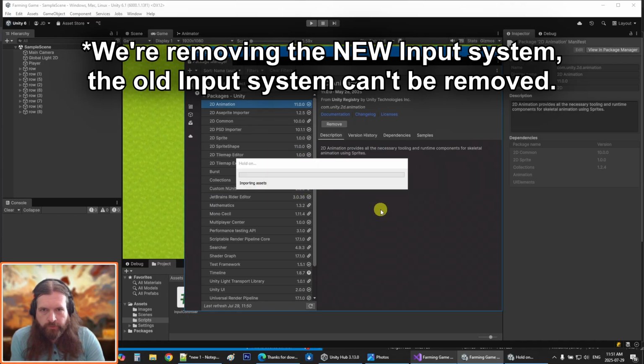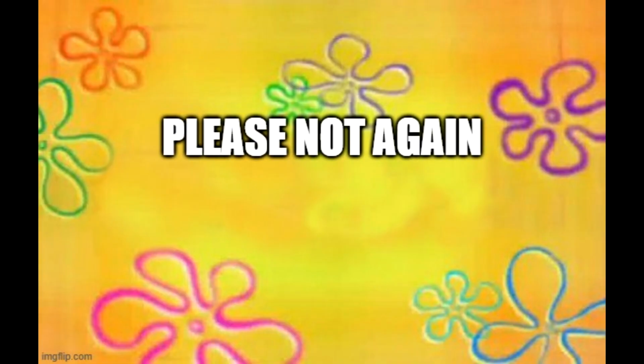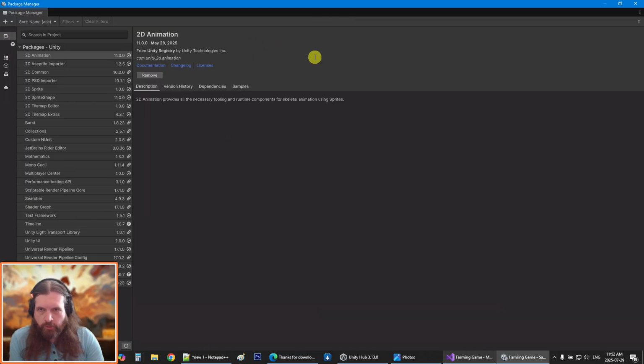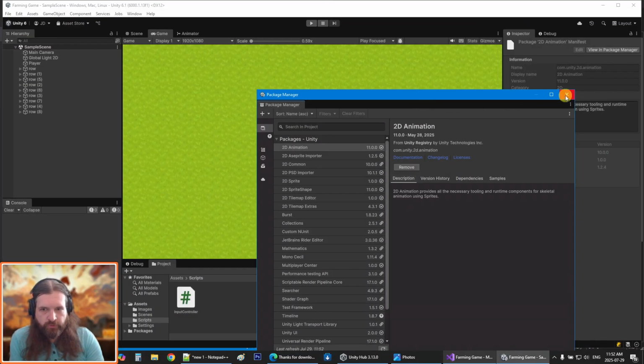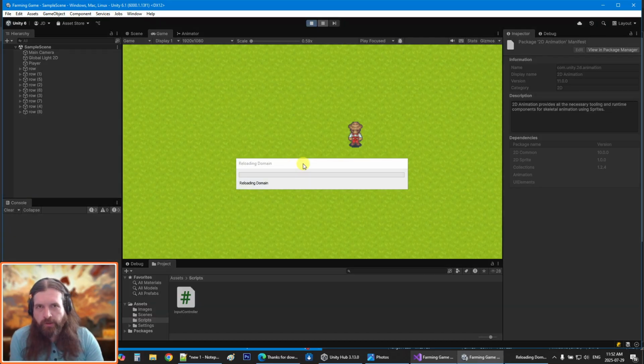And I guess this requires another restart? That's unfortunate. Please, not again. And now that the actual package for the new input system is removed, it also shouldn't complain at us about trying to re-enable the backends or whatever the message says. But now if we click run,